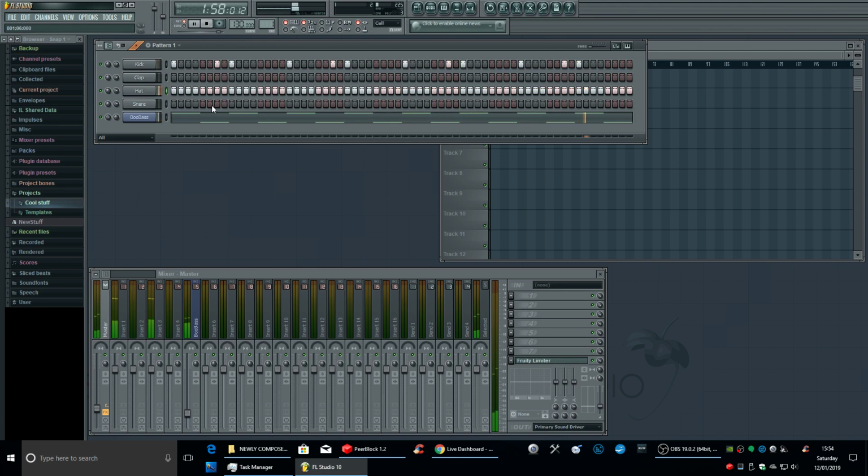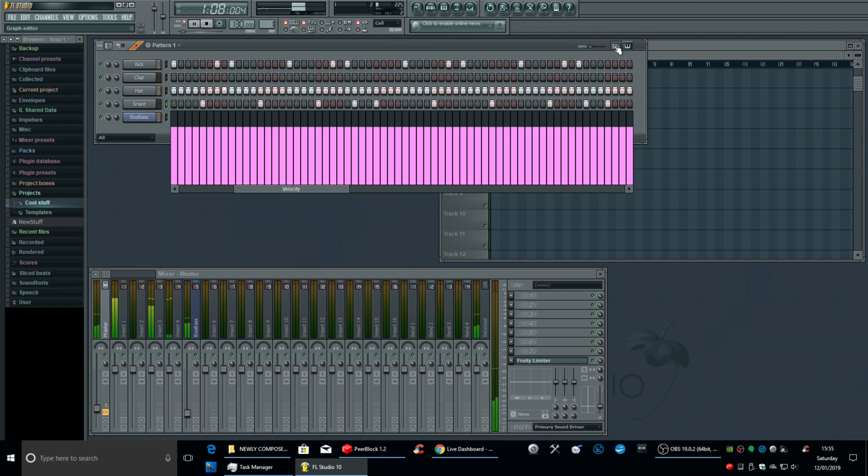Now if you wanted, you could put a snare in there. No, put it in the right place. Obviously change that again if you wanted.